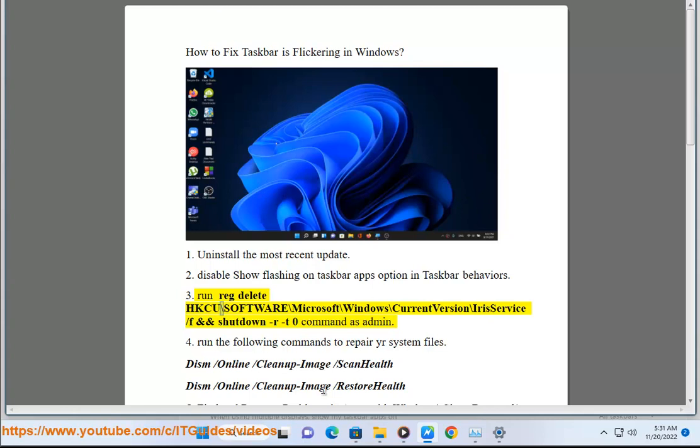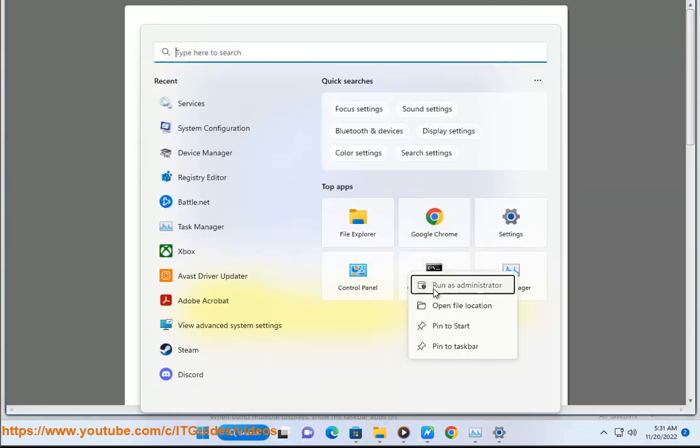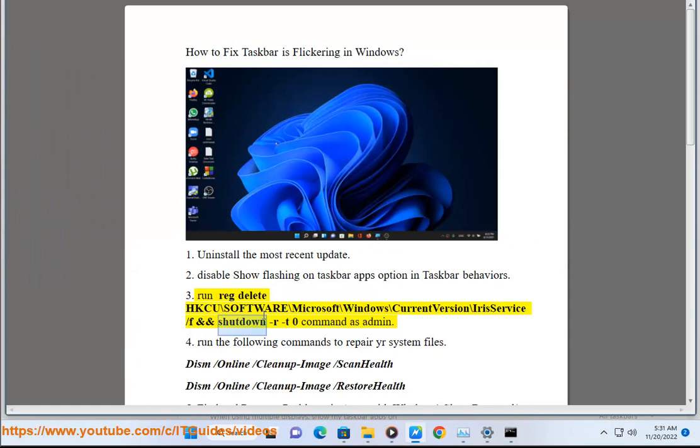Run reg delete HKCU\Software\Microsoft\Windows\CurrentVersion\IrisService /f and shutdown /r /t 0 command as admin. 4. Run the following commands to